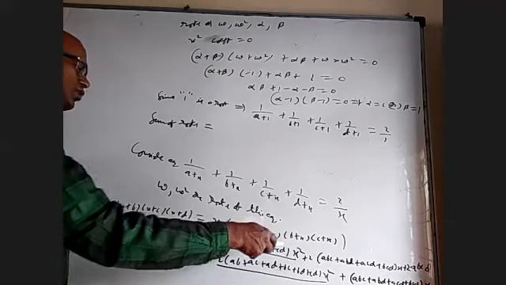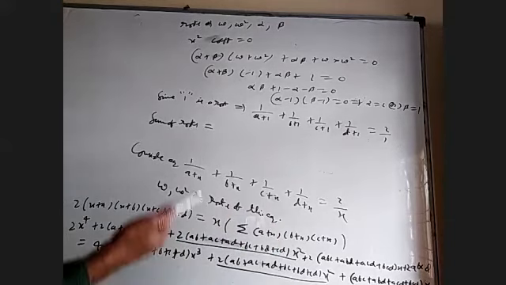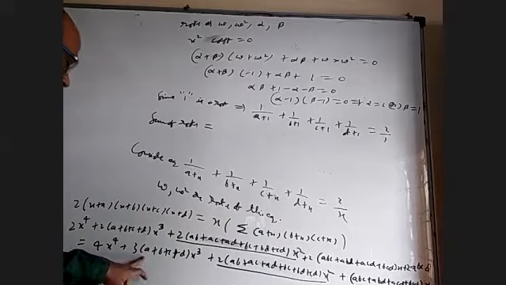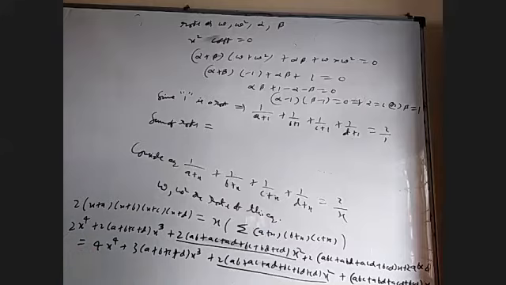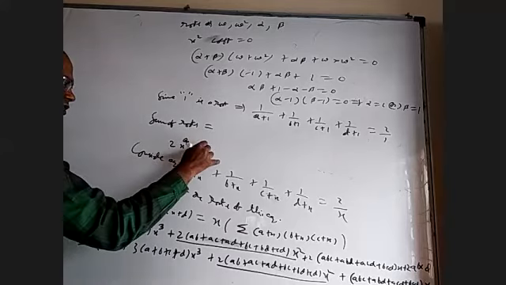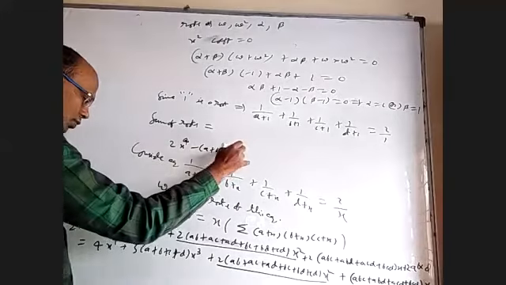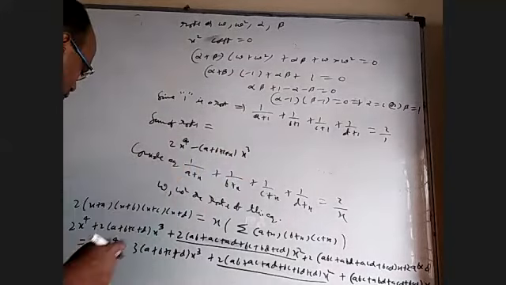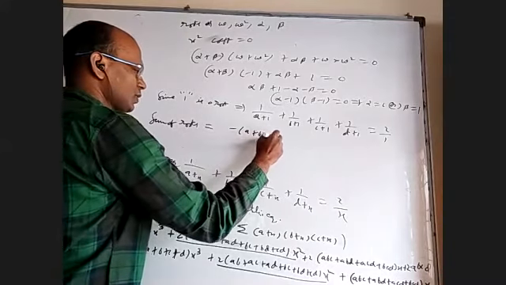What is my x square coefficient here? It is a plus b plus c, 3 things, 12 things, so every one of them 3 times. It's good. Because finally in my equation, when I bring LHS to RHS, I got something like 2x power 4 minus (a plus b plus c plus d) into x cube. Because of that, the sum of the roots will be minus of (a plus b plus c plus d) by 2.